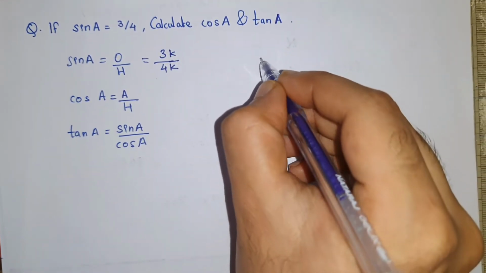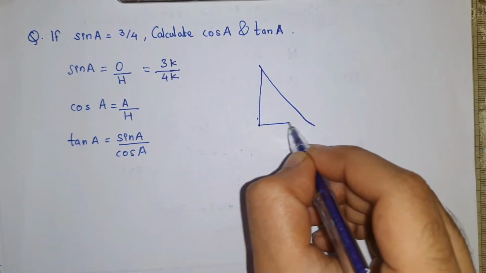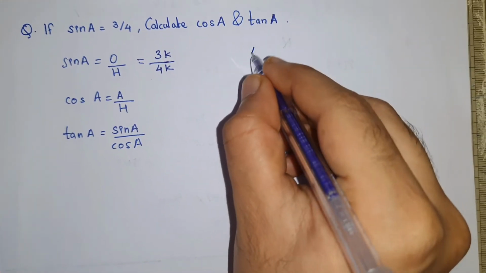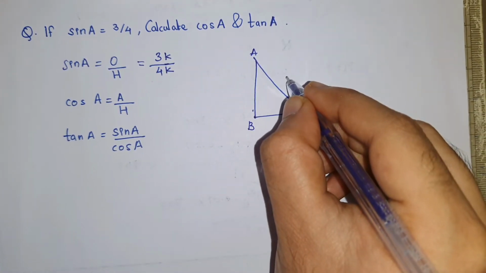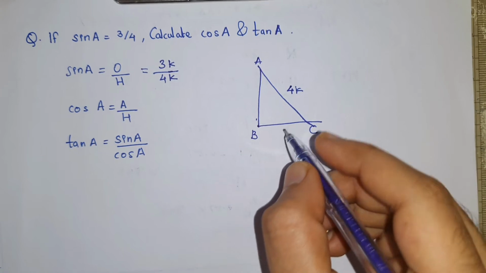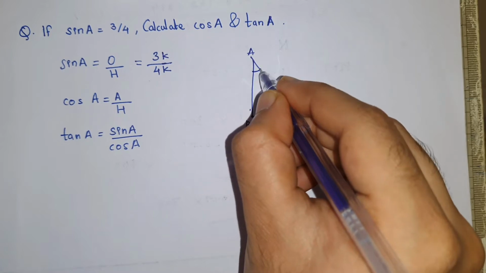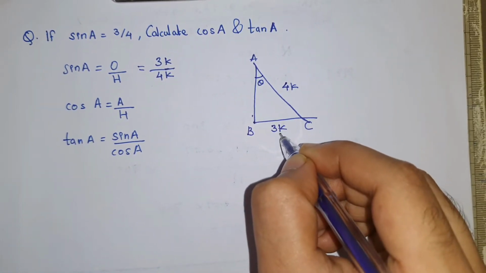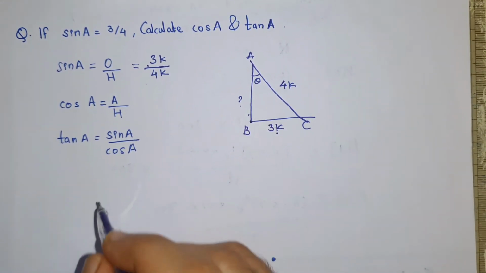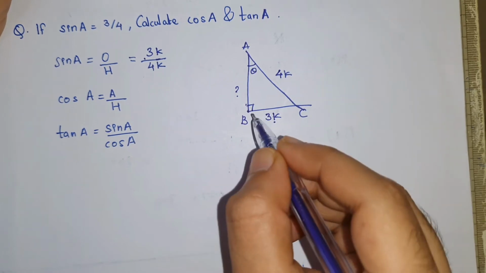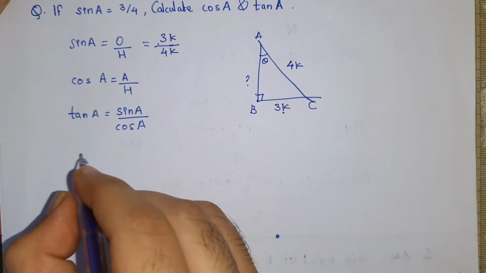So now, let me draw a triangle. We'll get, so here it's A, B and C. Here let hypotenuse be 4k, BC be 3k. As this is theta, therefore opposite side is BC and BC's value is 3k, and we have to find this value. Now as this is a right angle triangle, by using Pythagoras theorem we can calculate this AB value. Therefore